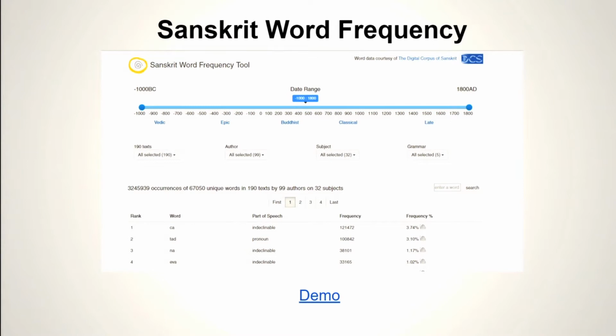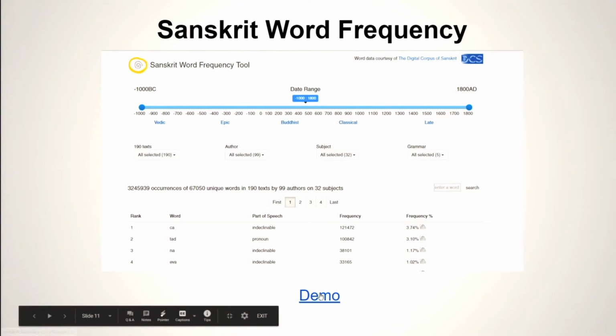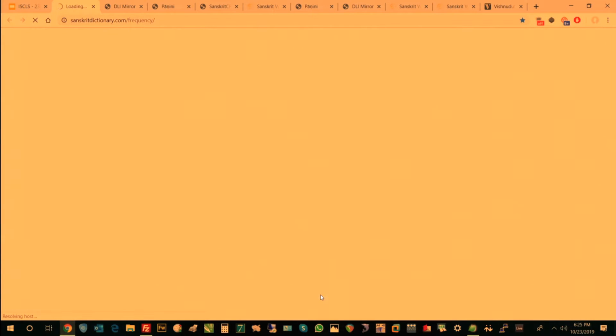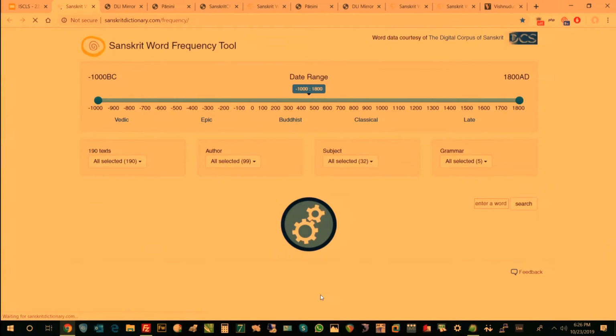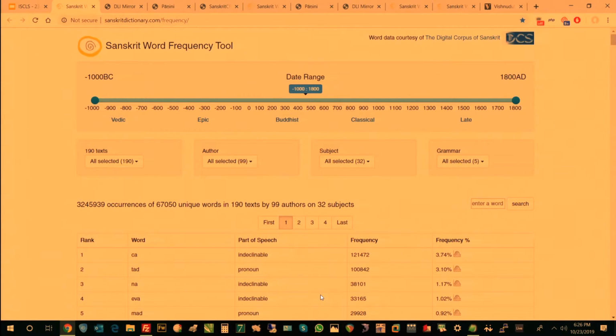So we extracted it, and then we took the data, and we made different intuitive ways of looking at it. And this is the live demo. And so you'll see there's 3.2 million words with 67 unique words. What's defined as a word will basically be a stem and a prefix, or a stem and a root for a verb, and